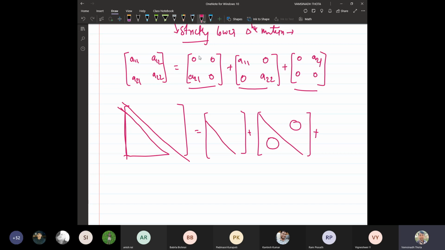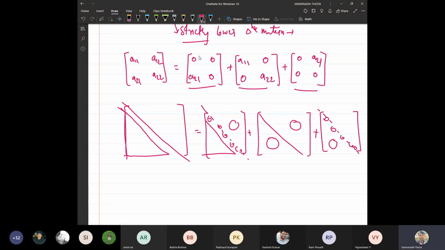You need to consider this part, where this is the principal diagonal. For this matrix, this is always 0, 0, 0, 0, 0. And of course, above the diagonal, it is always 0 because it is the lower triangular matrix. Now, what about the upper triangular matrix? Strictly upper triangular matrix, the diagonal entries will be 0, every element. Of course, below the diagonal entries, it is always 0.